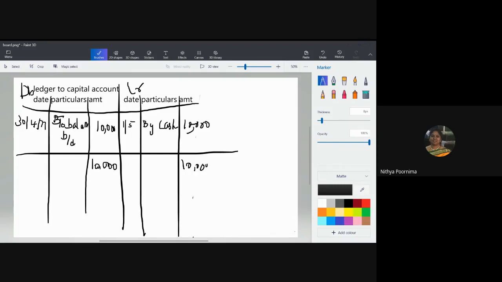In other cases, when we say real account, we say furniture is coming, bought furniture, sold furniture. Like here we have cash sales, right? So in that sale, we're getting some money. So that will be coming under the real account. So in the real account, what is the rule? Debit what comes in. Cash is coming in, so you'll put it on the debit side. What's going out? Sales. Whatever sales you have done is going out. So credit what goes out. Am I clear? One problem in the quiz I would have given about the cash sales. That's why I'm telling it to you. Others are all the same.